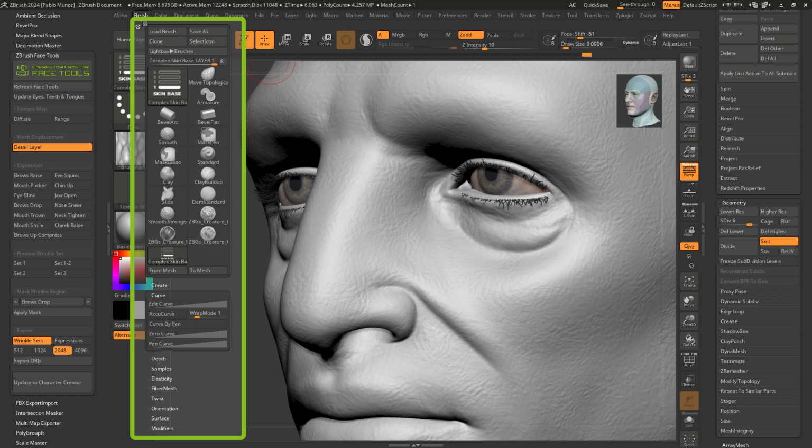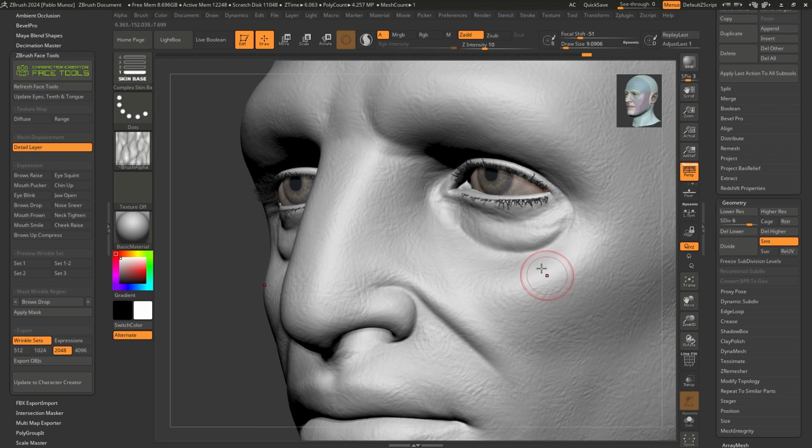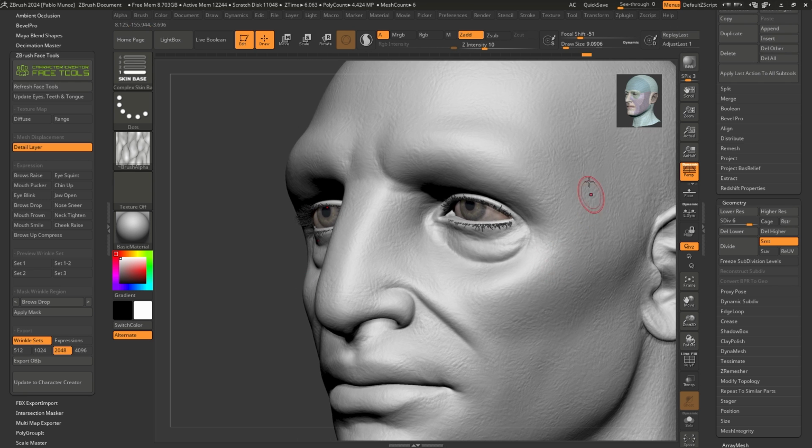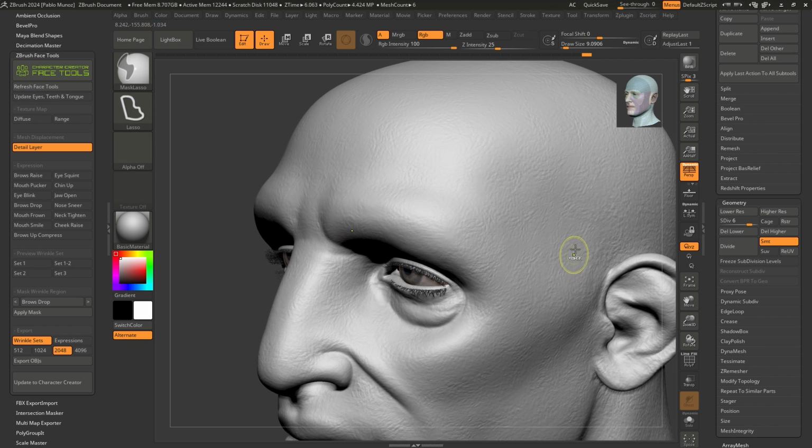So if you go to the brush palette, you'll see that the wrap mode is set to 1. Make sure that you set this to 0. So whatever brush that you use from the skin pack, make sure that you go and set it to 0 if you want to just add it. Otherwise, it's going to create details all over the place, as you can see here, and it becomes a little bit awkward. So let me just undo that.